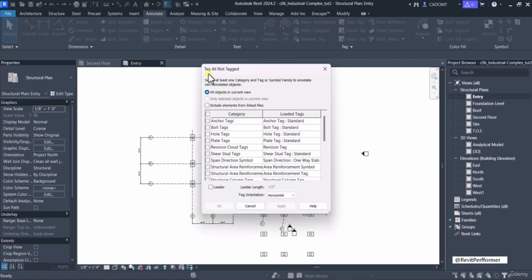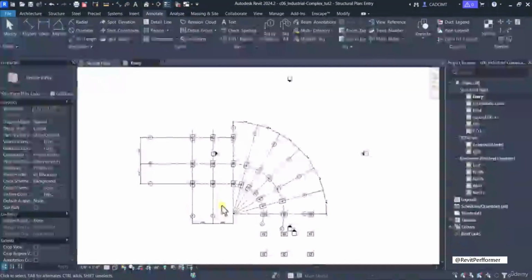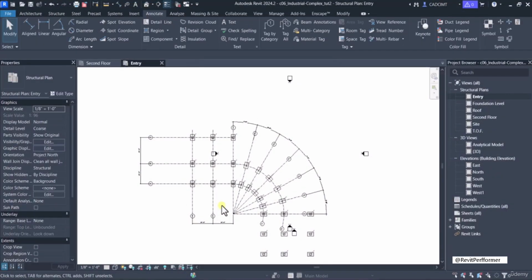You can see here the Tag All Not Tagged dialog box is displayed. Then select the checkbox corresponding to the Structural Column Tags category. Then select the Structural Column Tag 45 option from the drop-down list. Select the checkbox corresponding to the Structural Foundation Tags category. Then choose the Apply button and then the OK button. You can see here the Tag All Not Tagged dialog box is closed and the column and foundation tags are